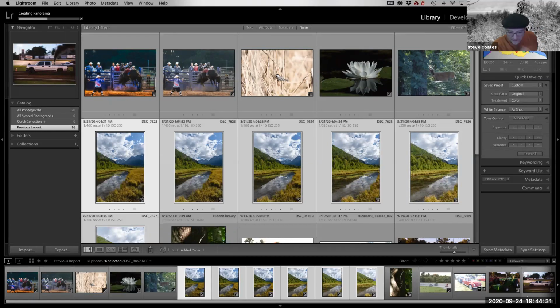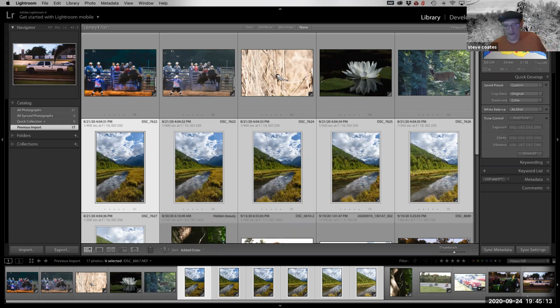Okay, as that's creating, let me talk a little bit about the panoramic. If you're starting off with raw files, the file that it creates is another raw file. So any of the edits that you can do to the single, you can do to the final. So in reality, I did not have to edit all these photos before I created the panoramic. The one thing that was important is that you set your camera lens correction on, so that it knows that